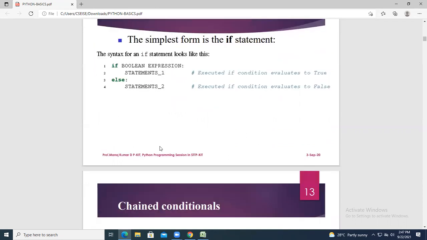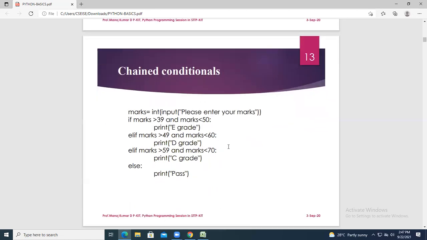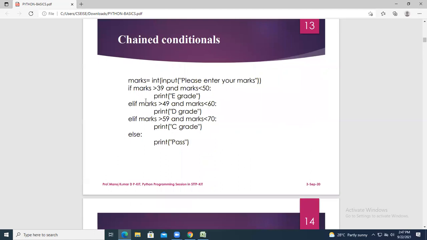Okay. So chained conditionals. We have seen if else. Now you come for the else if. This is the simple program we have taken: take the marks as input and print the grade. First we have taken the marks as input, as marks is a value of integer type.